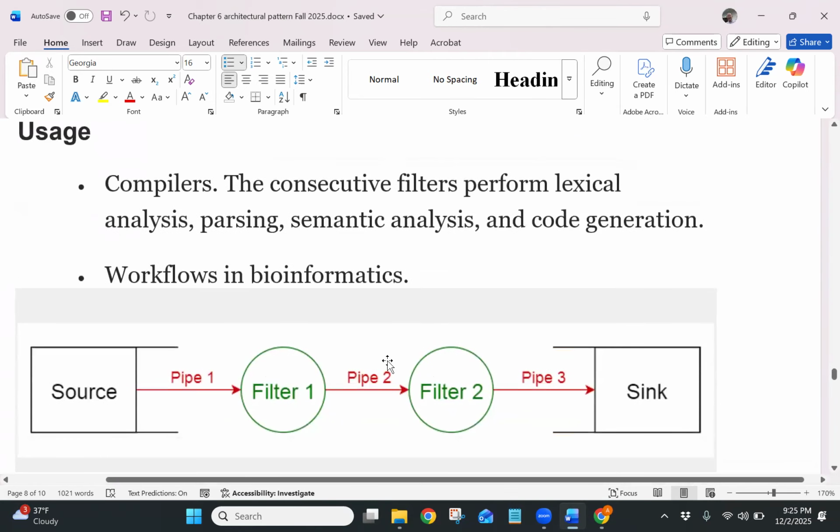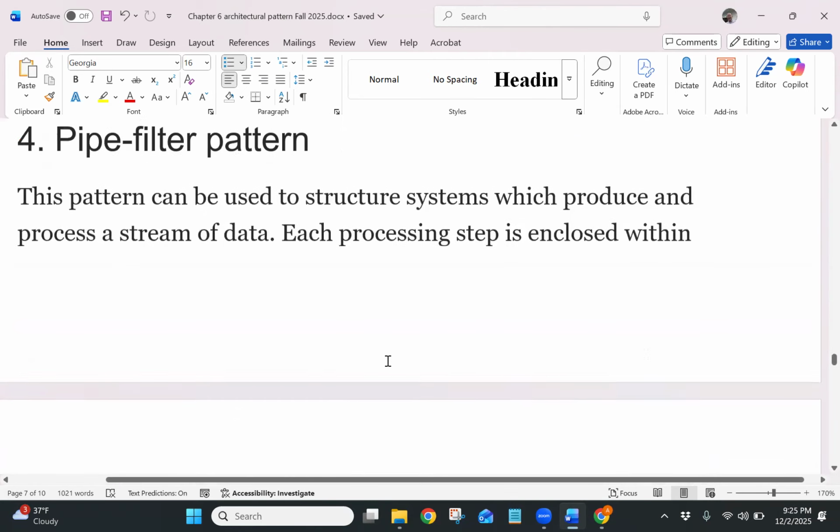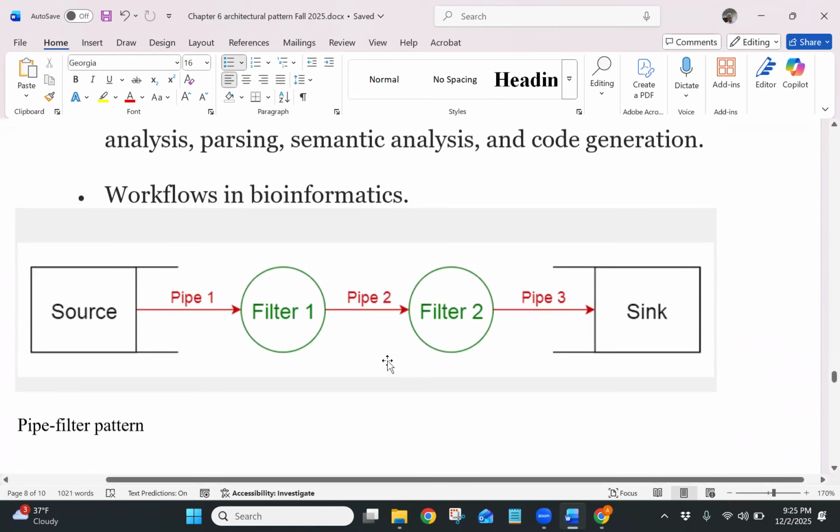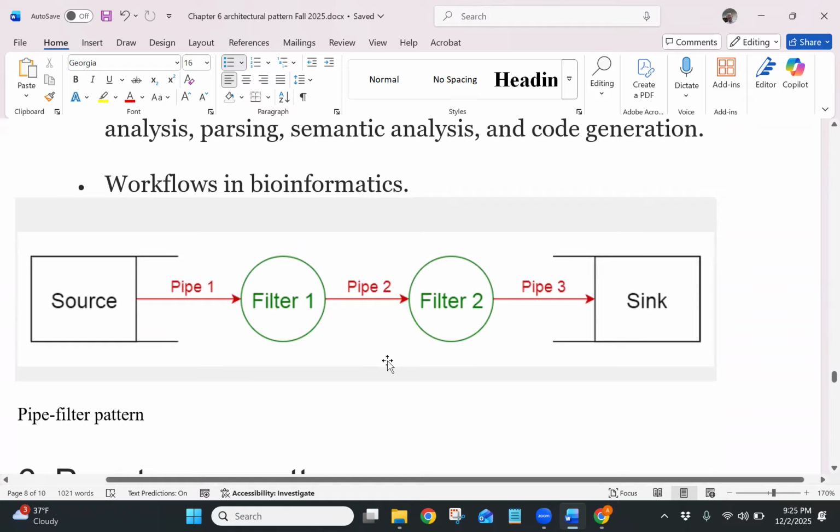Okay, there's another pattern here called pipe filter. The idea is that the output of one is the input to the next. The architecture is what they call filters, because it's based on Unix. You have one program, and the output of one program is the input to the next program. So the way you architect it is you have a bunch of different executables, and each one is spitting out something that goes to the next executable, which spits out something which goes to the next one,